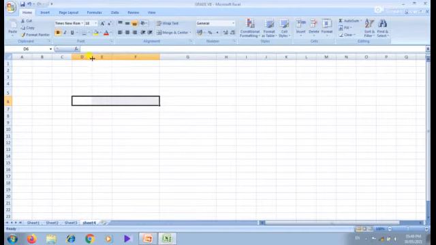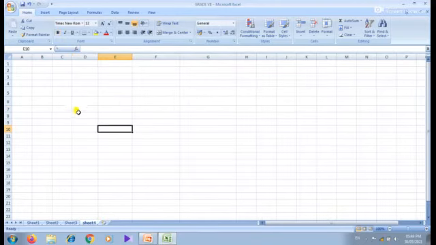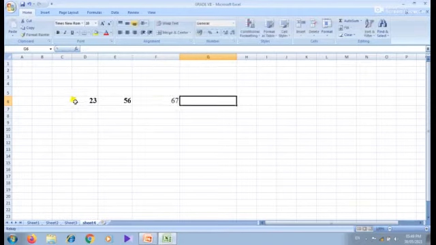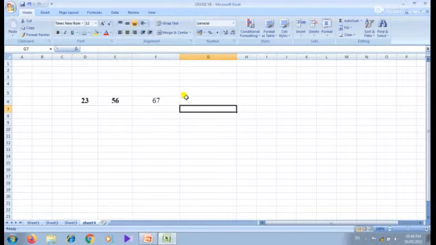Here, first 23, 56, 67. Here I have entered three values. Okay. See here. How can we enter the formula?